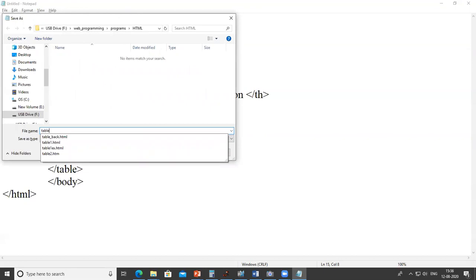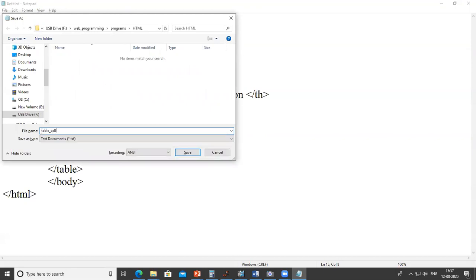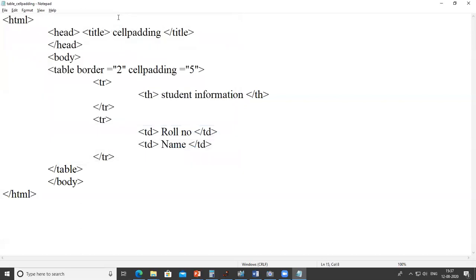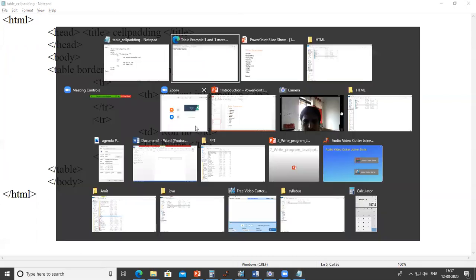I write here table cell padding dot HTML and save this. Its value is 5. So let's see the output.